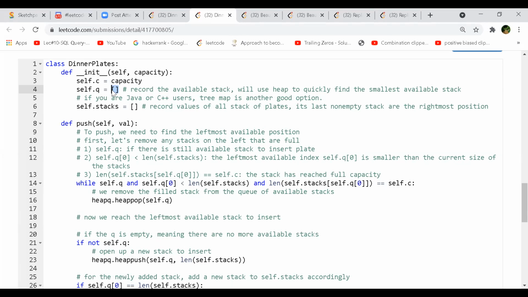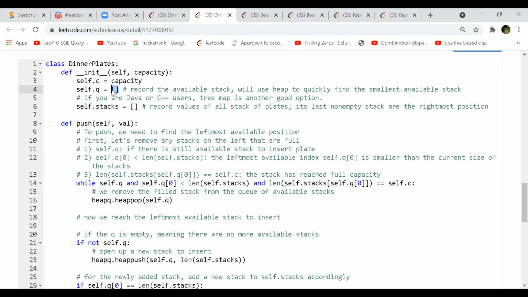So the question, do we have one stack or two stacks? Single stack. It is actually a list of stacks. If you see on line 6, he is keeping a list of stacks and you are given a capacity. So all your stacks have to be filled with that capacity. And then you keep on filling each and every stack with that capacity from left to right. Whenever you fill one stack, you move to another stack, and then you add another stack in that self.stacks data structure.